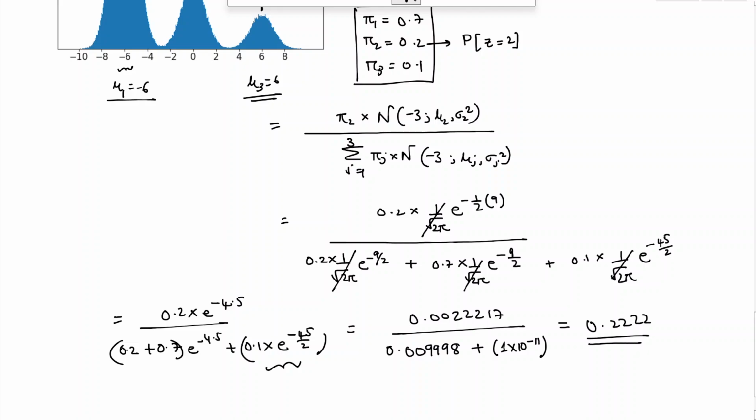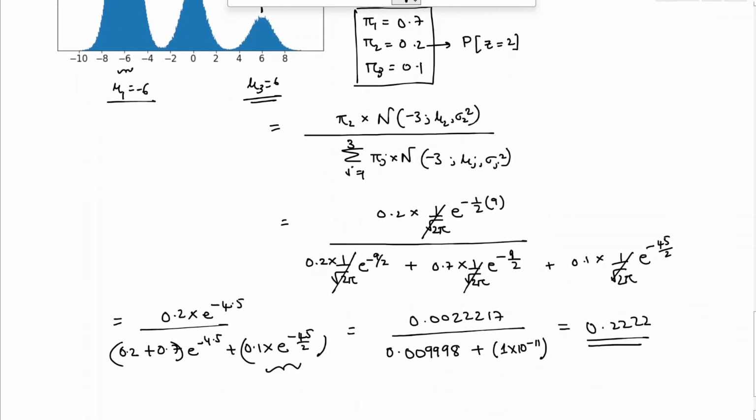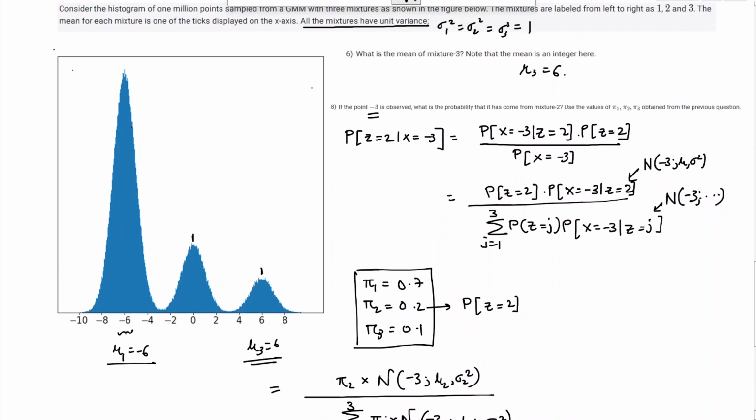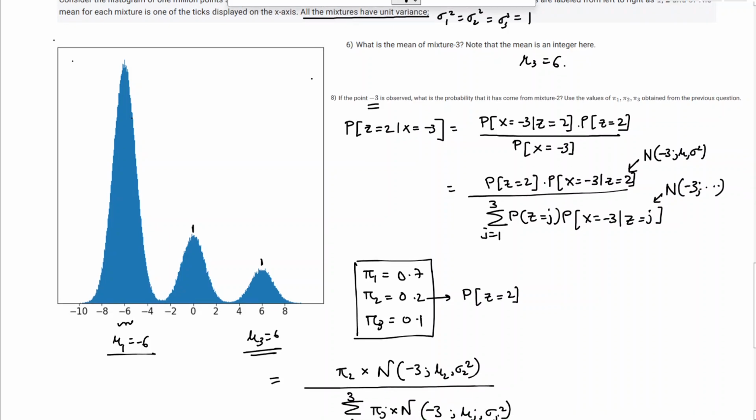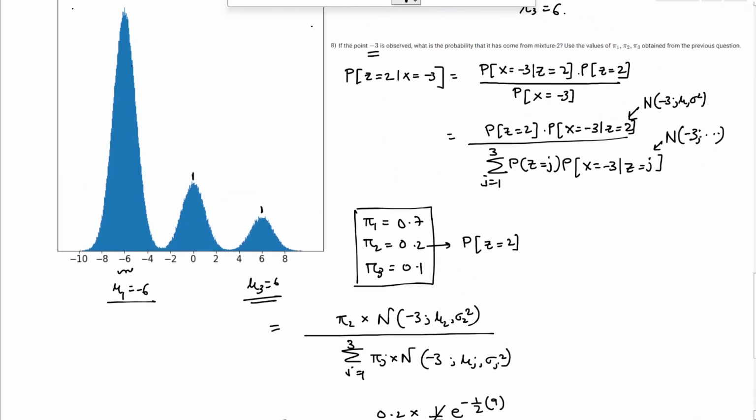And this indicates that given we have a point minus 3, right, the probability of it coming from the second mixture is 0.22, right? Because minus 3 is somewhere here, and it has a higher chance of being drawn from mixture 1 instead of mixture